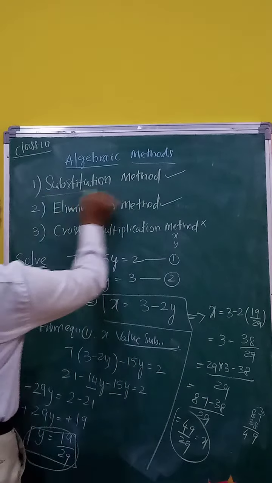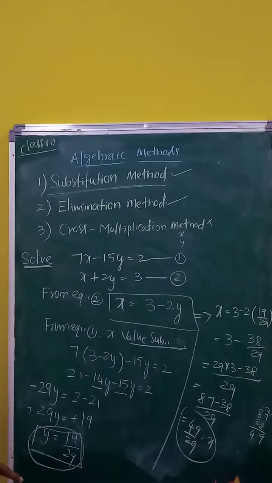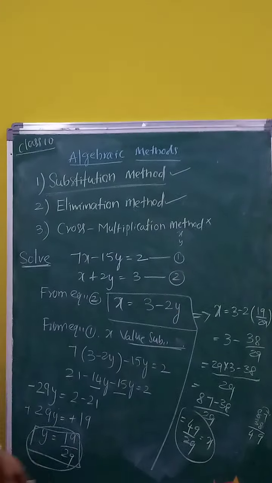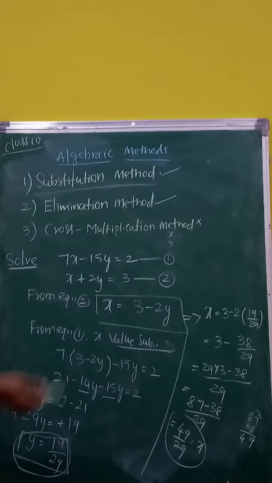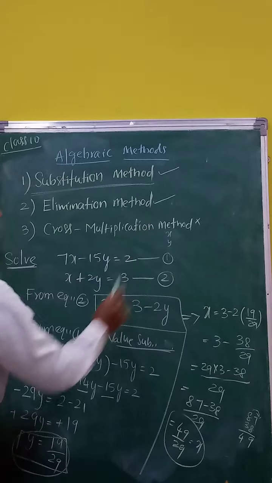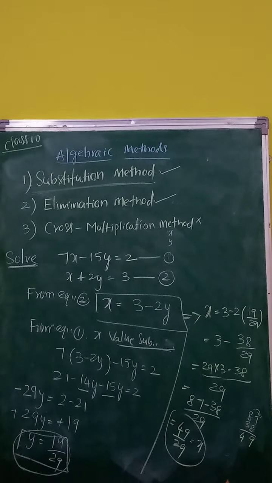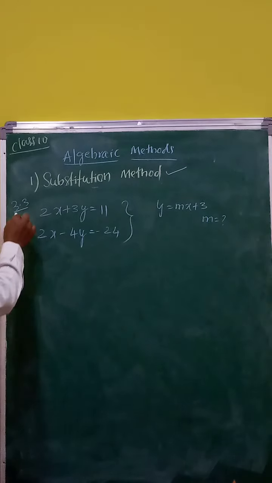What is the method we are learning now? The substitution method. In the place of x we are applying, but you can take either; you can find the y value also from this. Any equation you select, 1 or 2, that is up to you only. We are substituting in the place of x or y. Now, students, in the substitution method, I will go for 3.3.